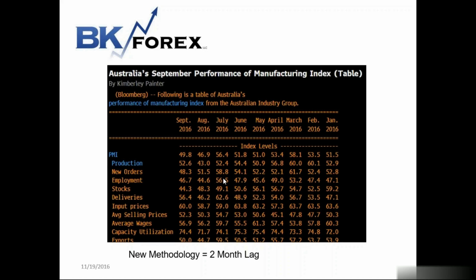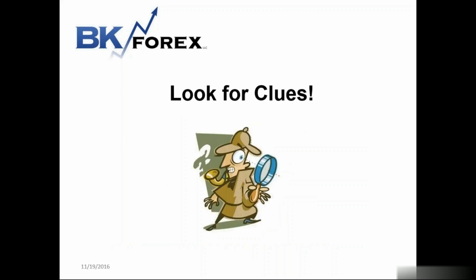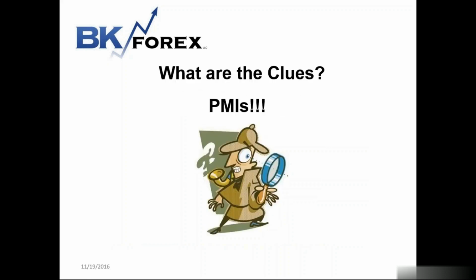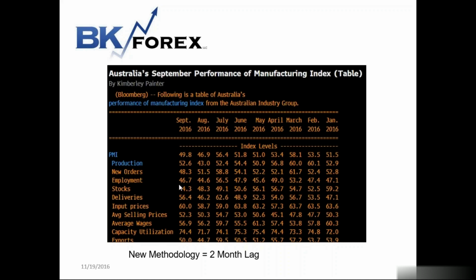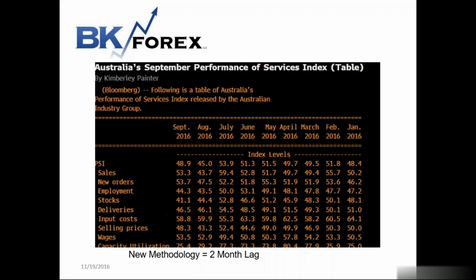So in this report, we had upcoming Australian employment numbers. We look 2 months back, and this was for, I think, the October Australian employment report. We see 1 month back is September at 46.7, 2 months back is 44.6. So in this period, between July and August, this is the employment component of manufacturing PMI, we had a huge drop in employment. Employment dropped from 56.5 to 44.6. That tells us that in the manufacturing sector, we're going to see a subtraction of jobs for that month.